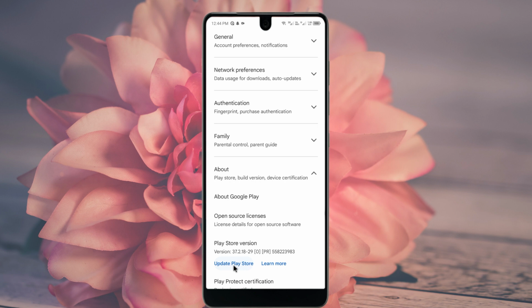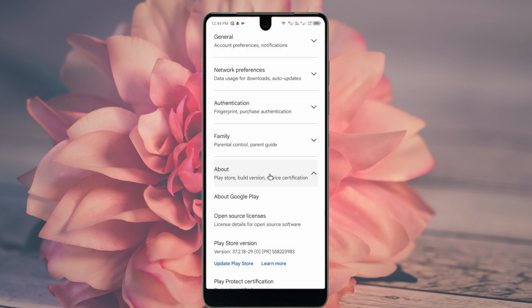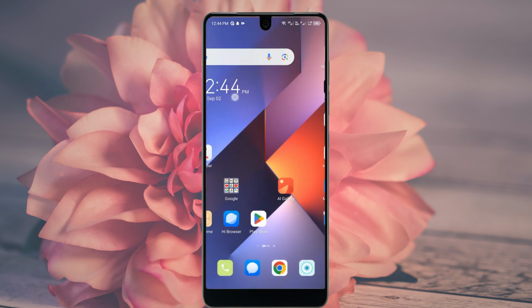So this problem may occur due to an update. So guys, you need to click on it, and my Play Store is up to date. So guys, if your Play Store is not updated, then here is the option of update. So guys, after update, you need to go back, and the other method is you need to open your settings